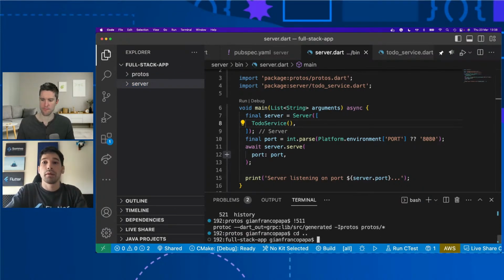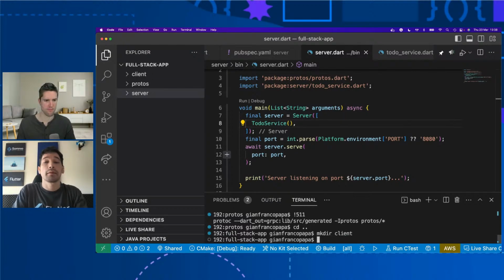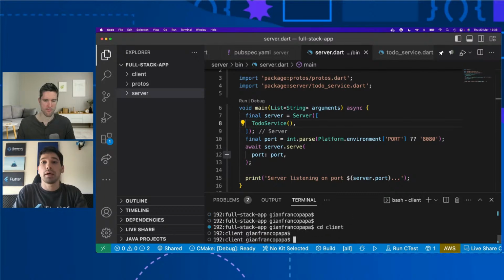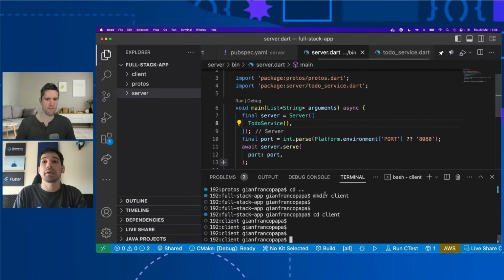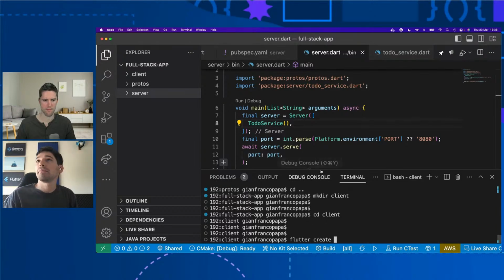So maybe you can create a client app in Flutter. And in here, we are going to create a basic app in Flutter using the create template. And as I'm running my example on a MacBook Pro, maybe we can create it using Android, iOS, and macOS.